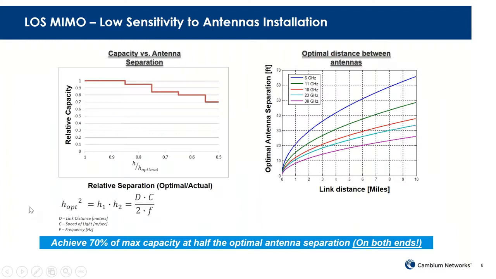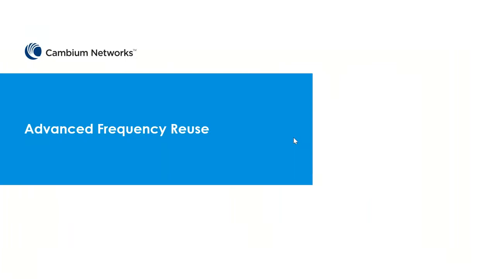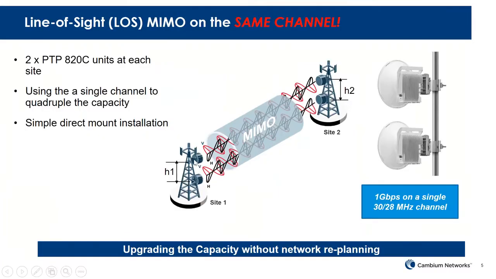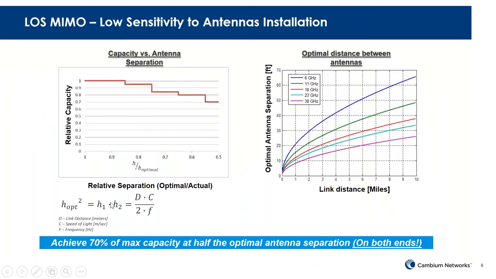So here we saw the formula to achieve the separation. You can see the H1 is here, the separation here, and H2 is here. The way to calculate the separation is, assuming that you have both sides equally separated,